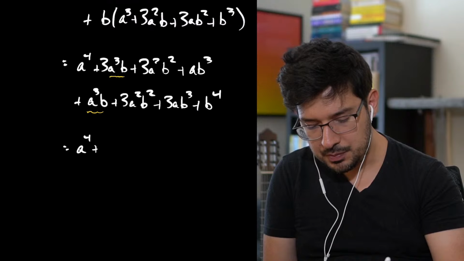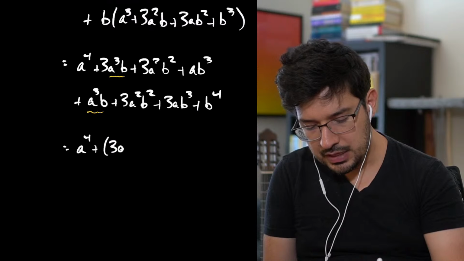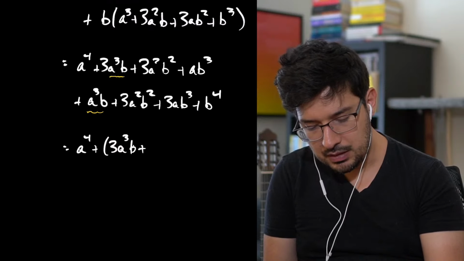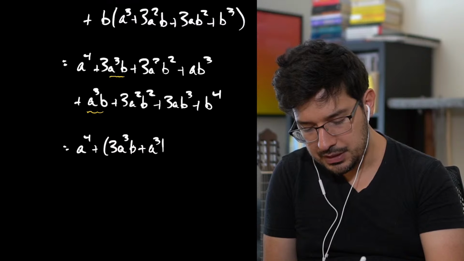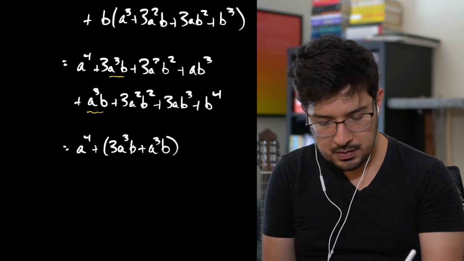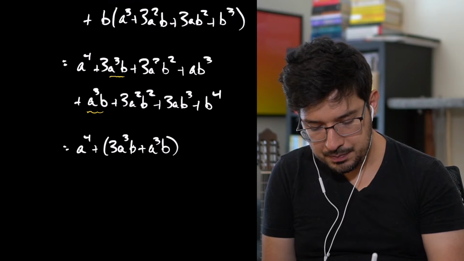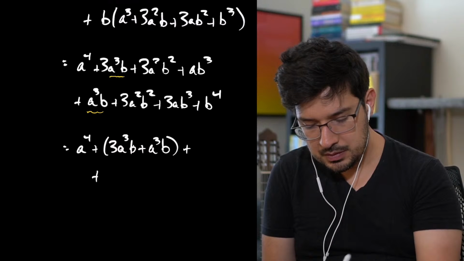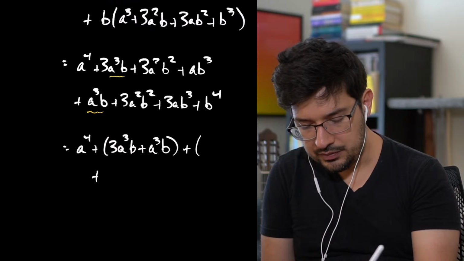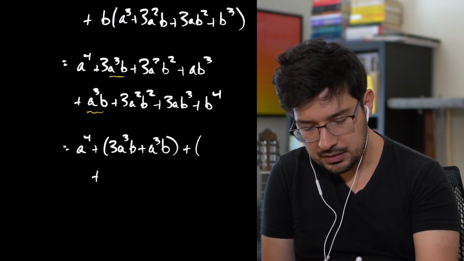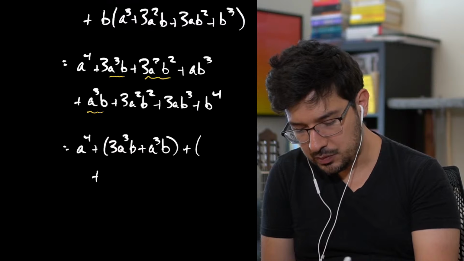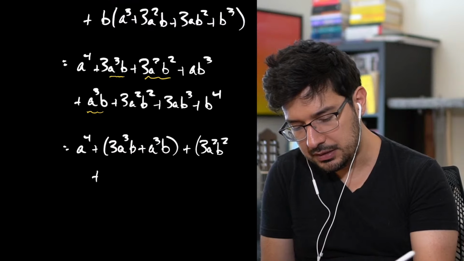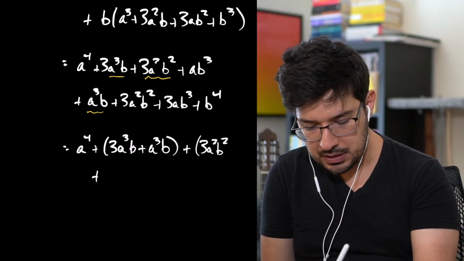A to the fourth plus 3a cubed b plus a cubed b plus, let's do a squared b squared, 3a squared b squared here, 3a squared b squared, a squared b squared,